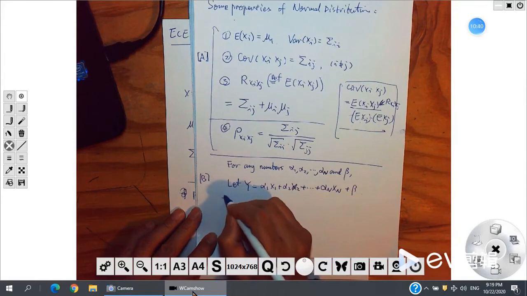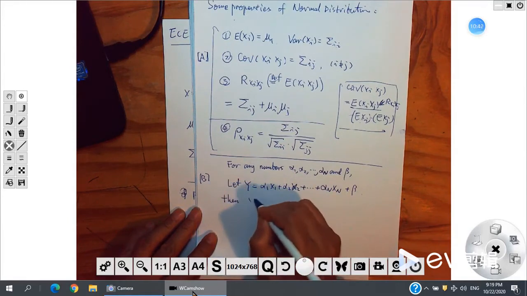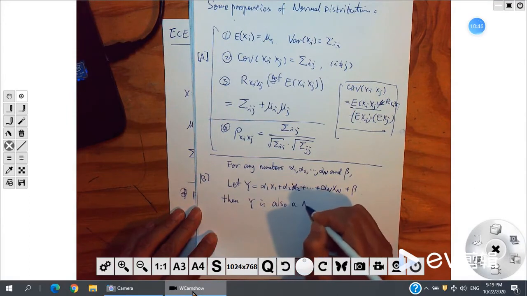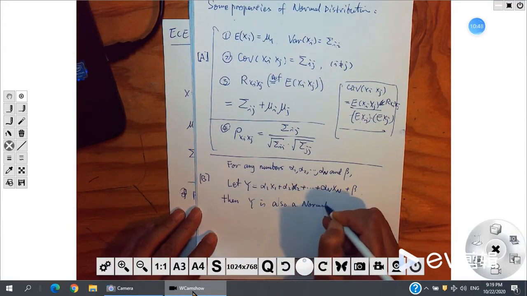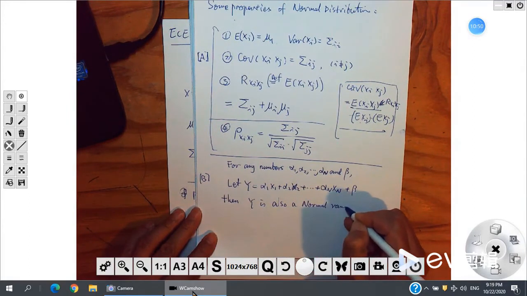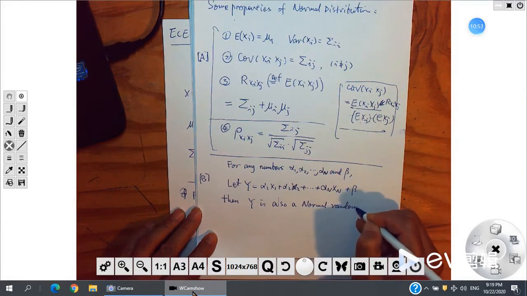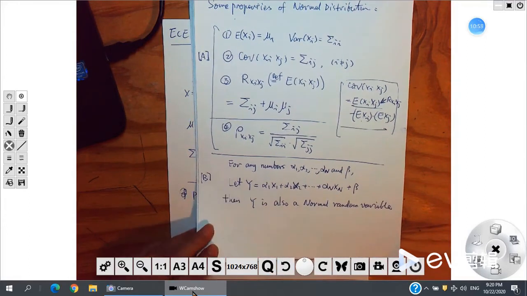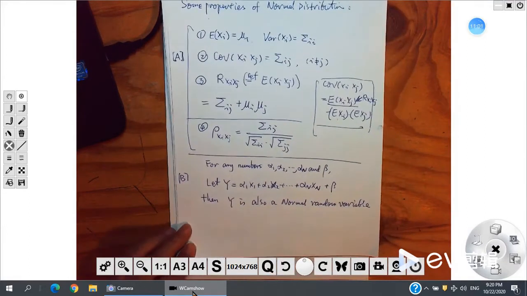Then y is also a normal random variable. Alright, this is also Gaussian. It's also normal, also Gaussian. And we have